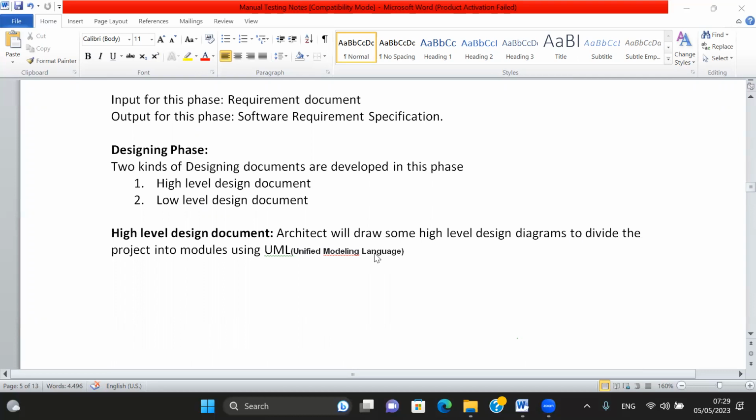The whole project is divided into modules by drawing high level designs using UML. UML is nothing but unified modeling language. They will use this language and draw some high level diagrams, so the whole project is divided into modules. This is done by the architect in high level designing. Using the same UML,